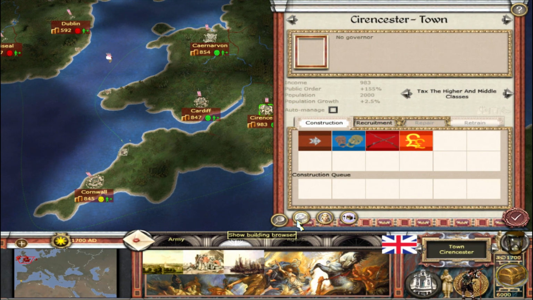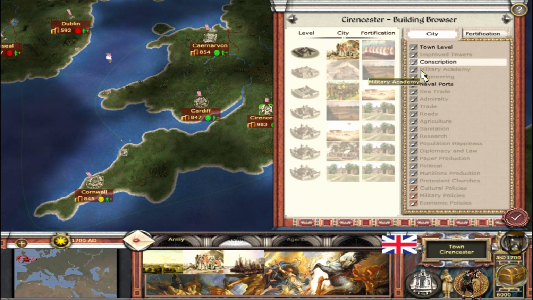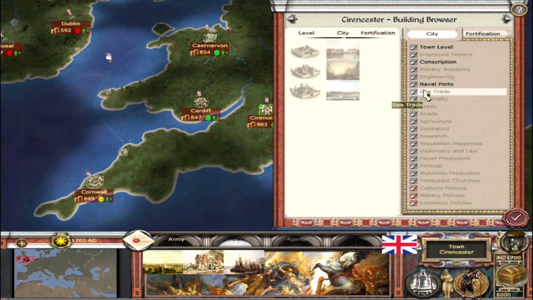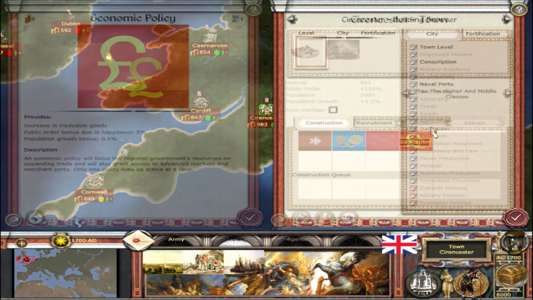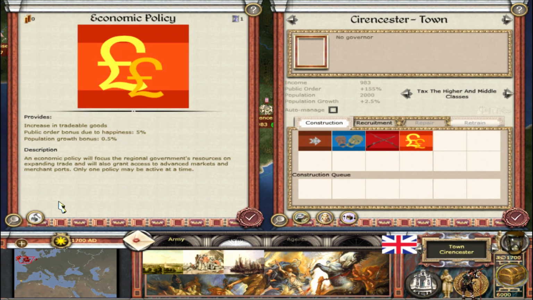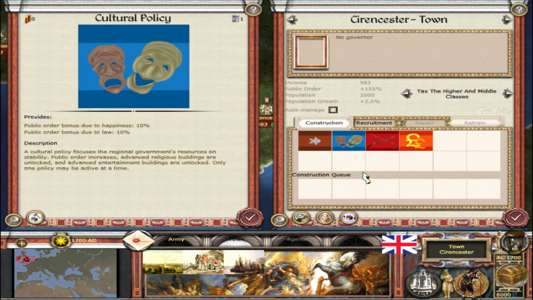Our mod introduces a new building system to more accurately portray how cities developed in the early modern times. The player now needs to choose whether their settlement will be oriented towards industry and trade via the economic policy building, expanding the country's martial might via the military policy building, or spreading its culture and religion via the cultural policy building. All of these not only provide bonuses of their own, they also actually unlock access to other buildings